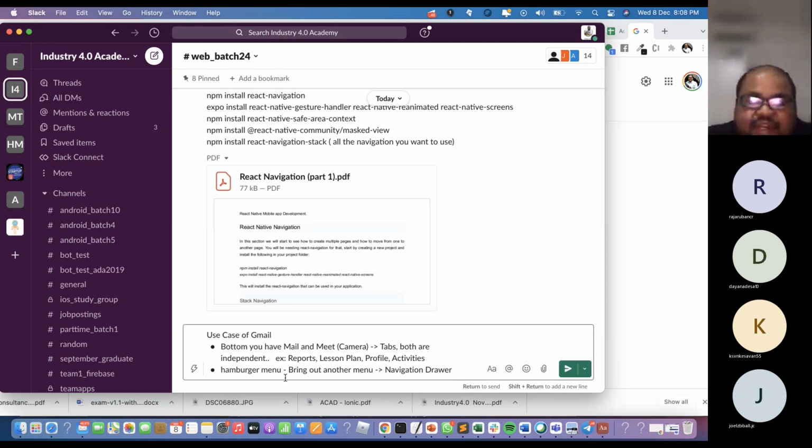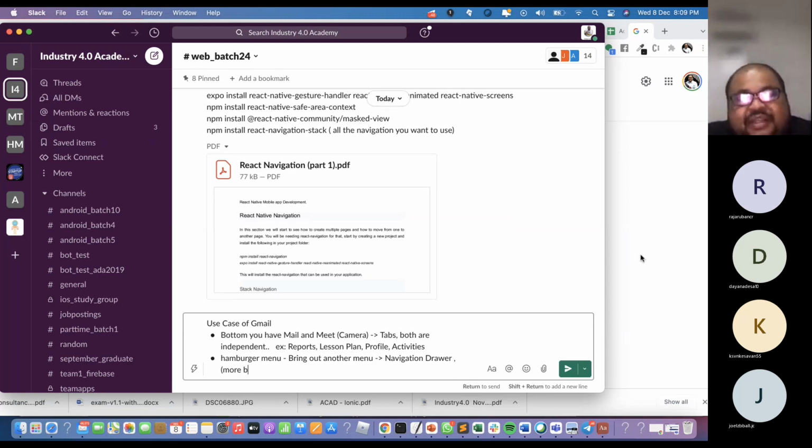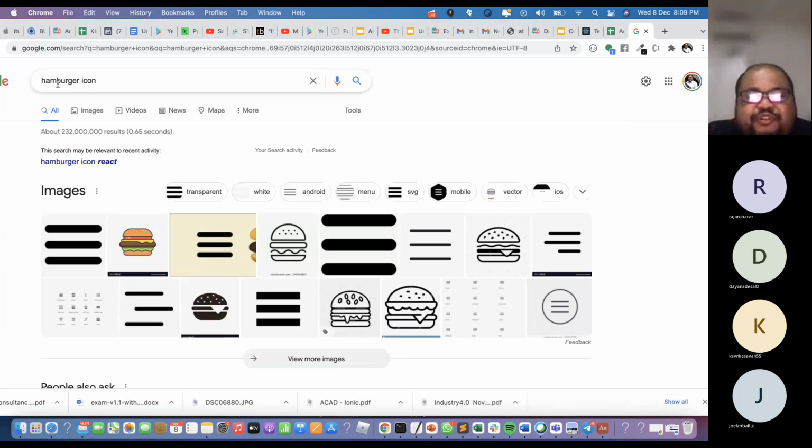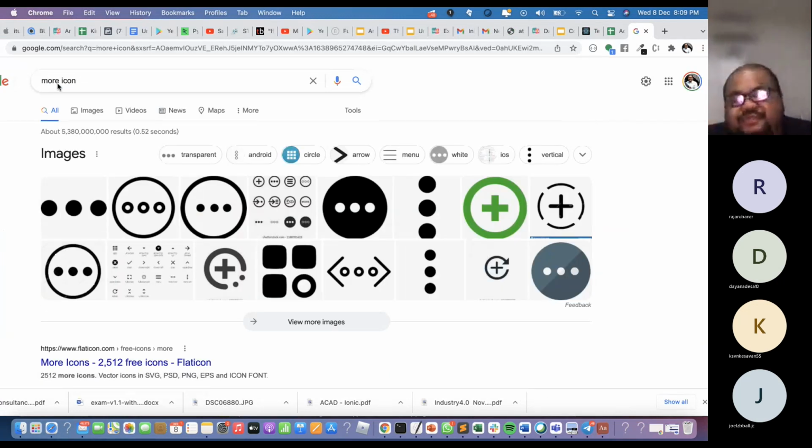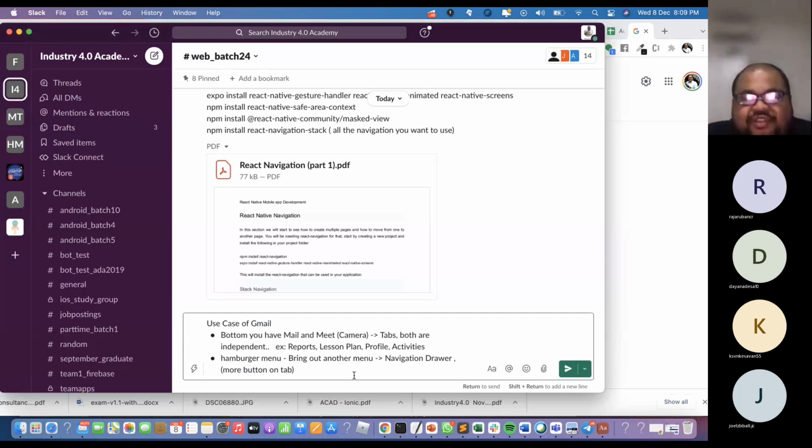Normally, either you can use a navigation drawer, all right? Or if you look at Facebook, you see they use the bottom right. You can also put a more button on the tab. All right. So a more button. Facebook uses a hamburger, but another one could be like this. All right. So navigation drawer is to show,